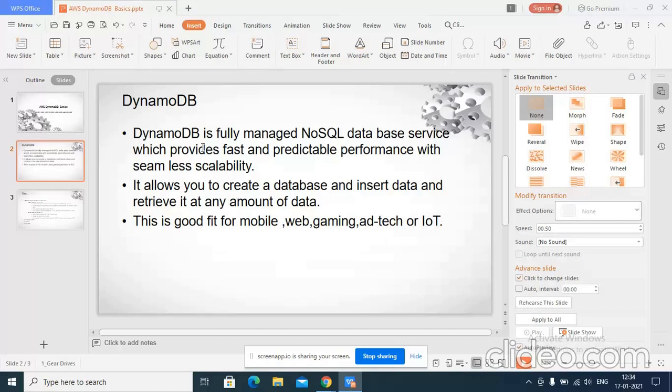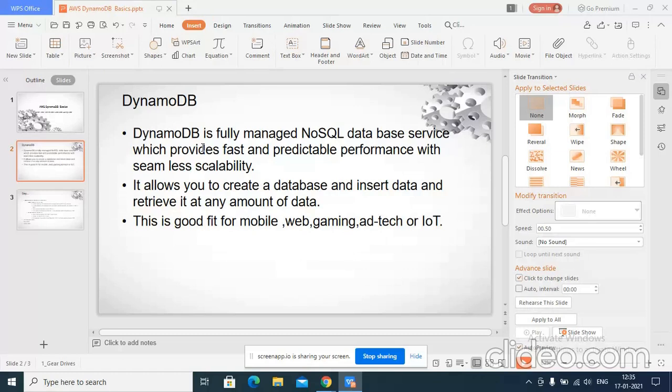Normally in SQL, if a person table is there, there is one ID and some fixed columns, and data is coming into them. But in DynamoDB, the person ID is fixed, that's fine, because it is stored as a key-value pair. But apart from the keys, the rest of the columns are not defined. We call them attributes. So these attributes are not defined. If a name is there in one record, in the next record the name may not be there.